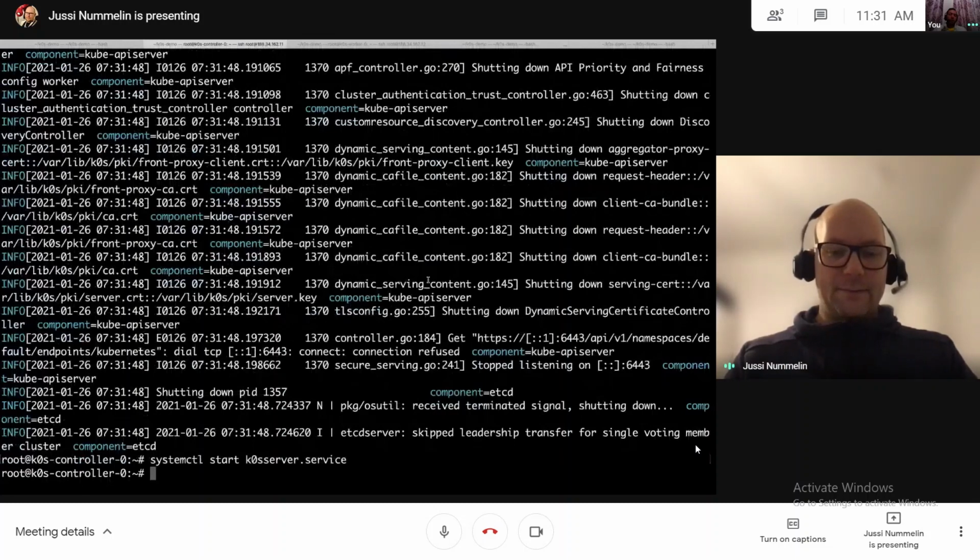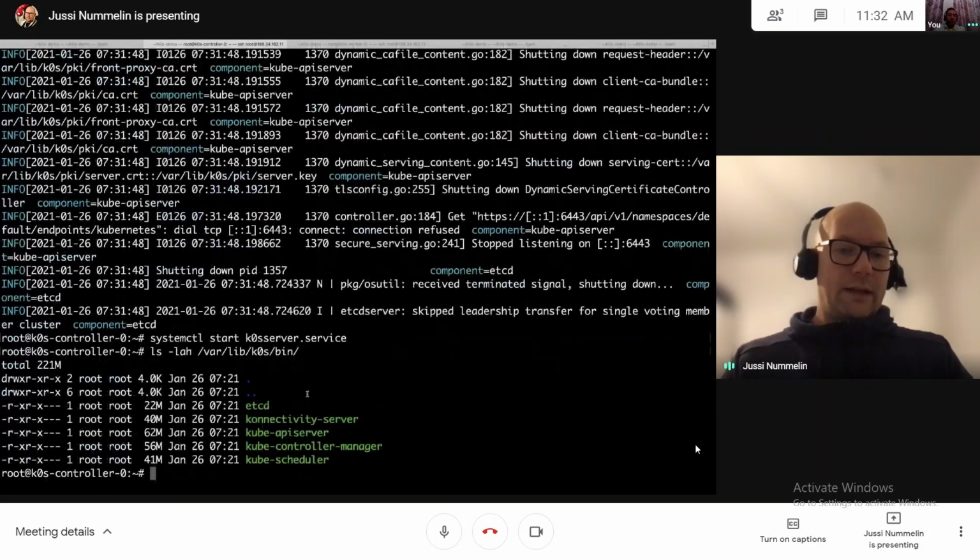Yes. So when you've started k0s, what you'll see is /var/lib/k0s, which is the path we use as the data directory, and it is of course configurable. There's a directory called bin, and you'll see that we actually extract all these kube components, these kube binaries, there.